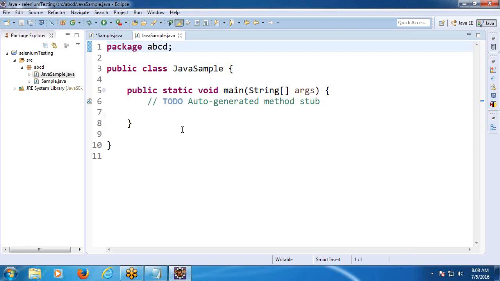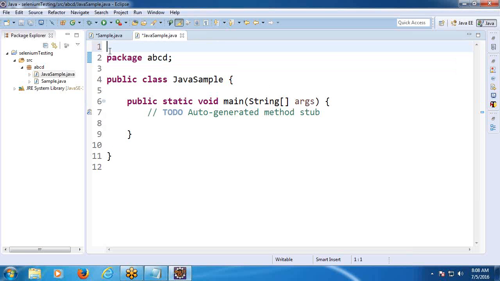See, before this package, just documentation section. It is a sample program